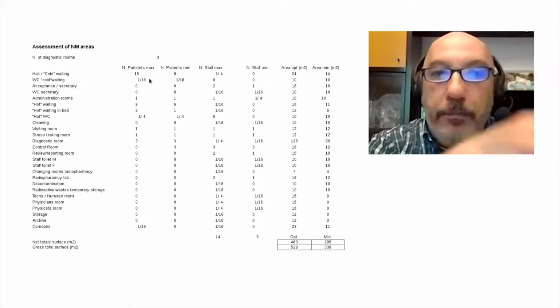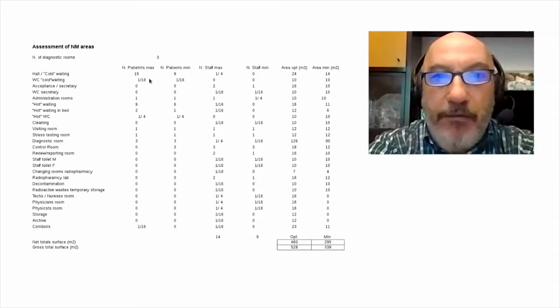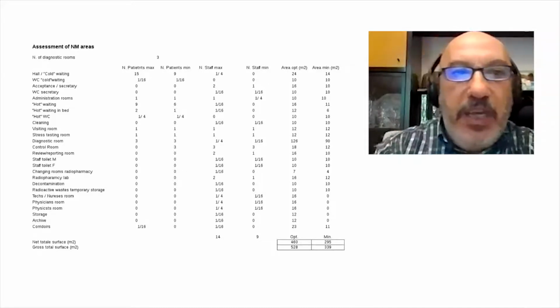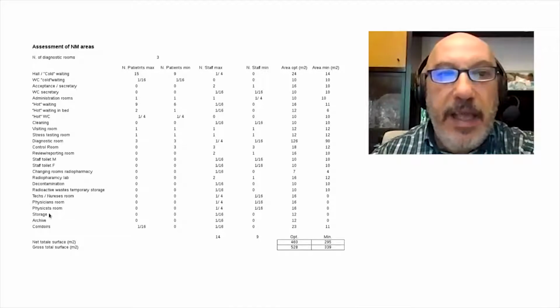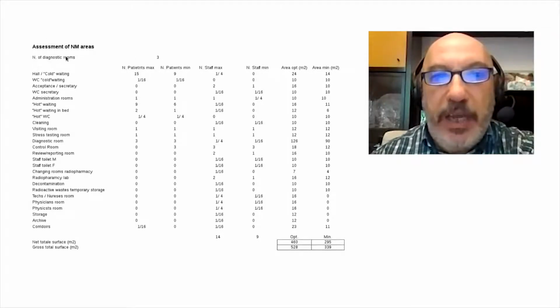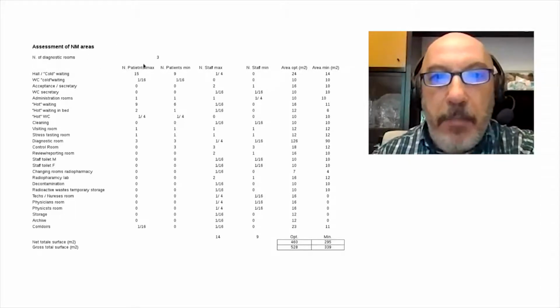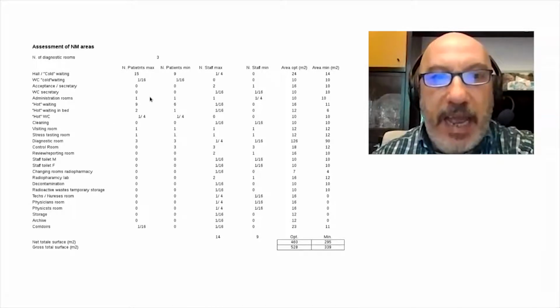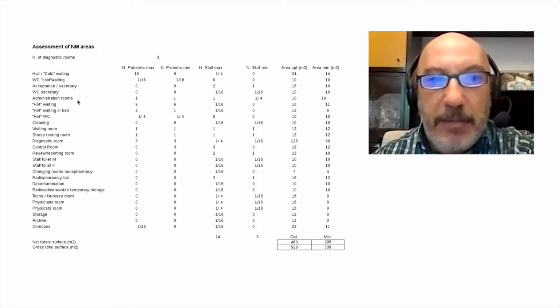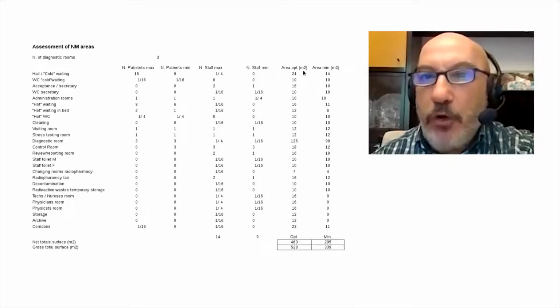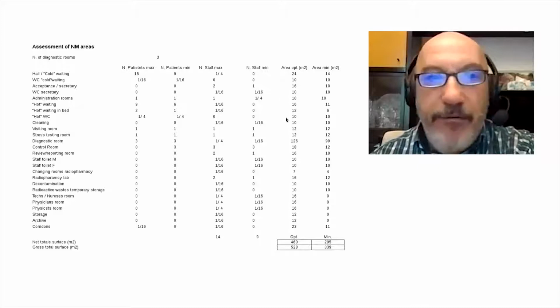And just to show you an example of the proper organization of the planning, one can adopt a worksheet in order to have a definition of all the areas that are necessary, parameterized according to the number of the diagnostic rooms, for example the number of scanners in a room, defining the minimum and maximum number of staff working in an area, and the minimum and maximum number of patients that can be hosted in a room, so as to make a preventive evaluation of the minimum and optimal area for operation.